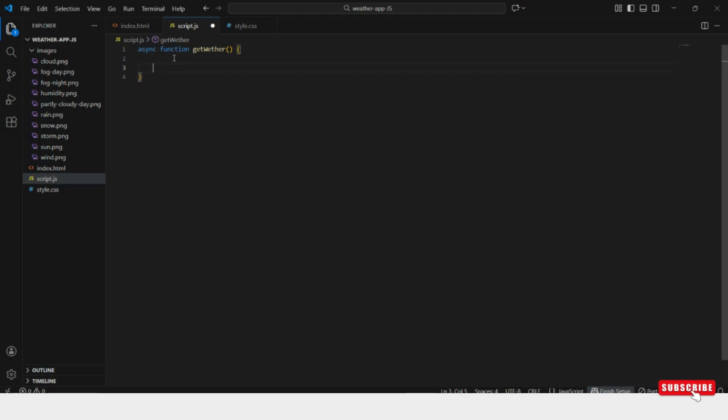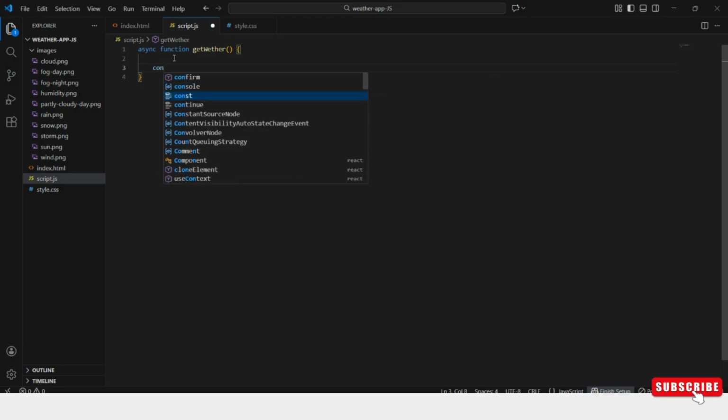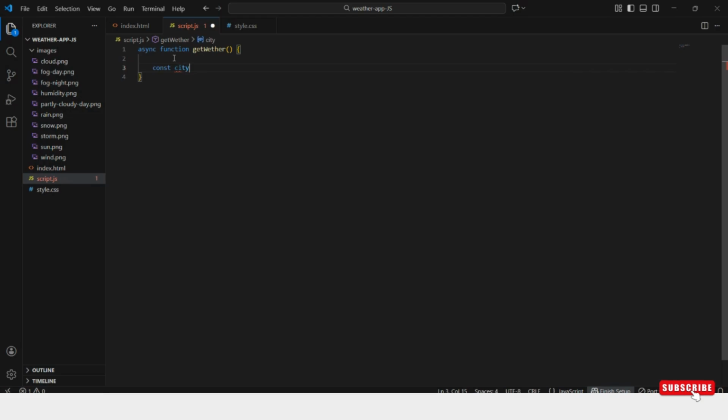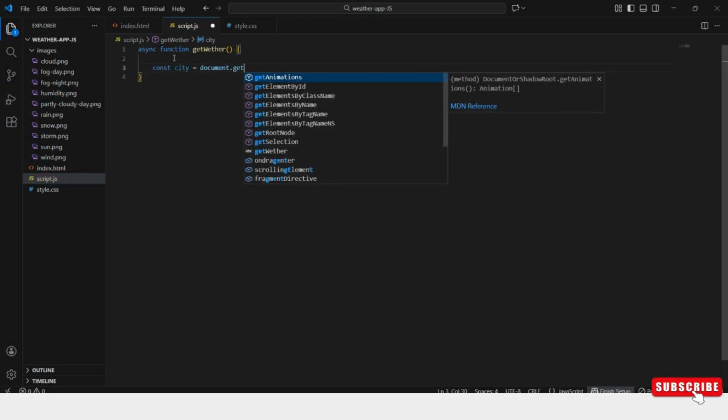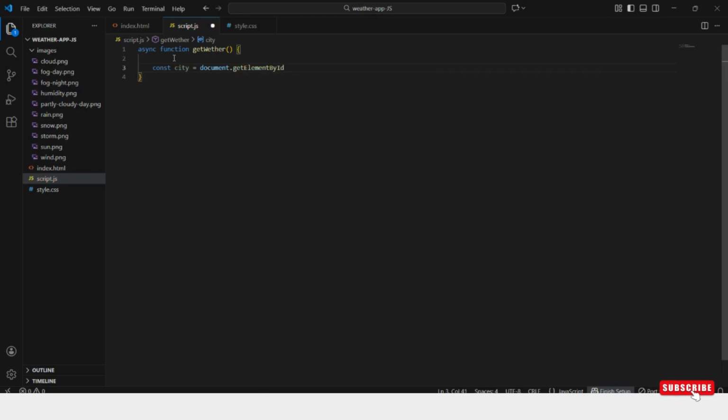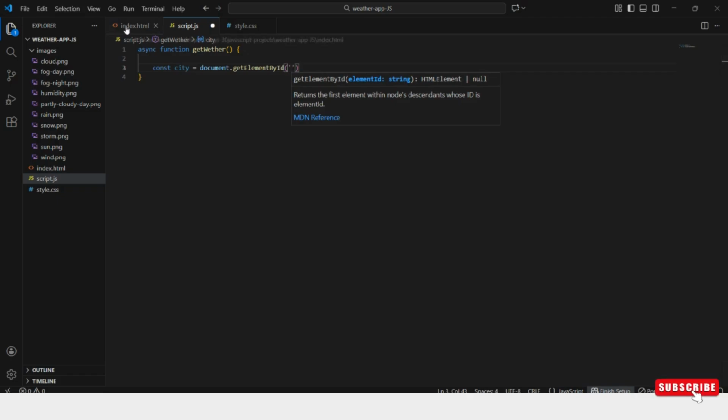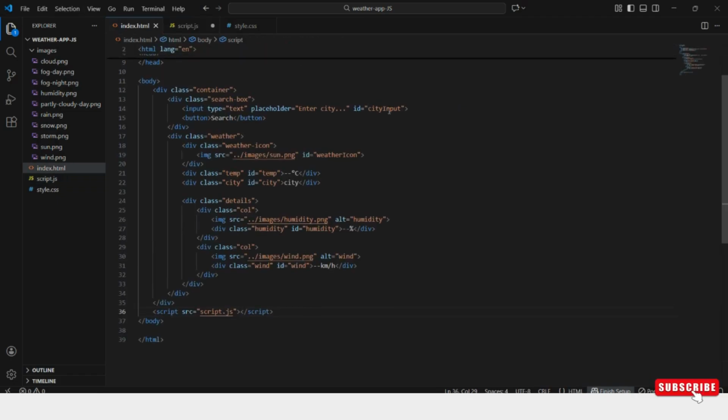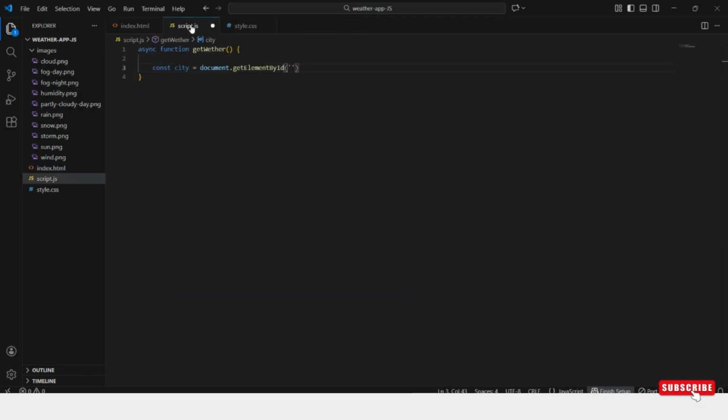So let's write const city equal document dot getElementById, and copy this id, city input, and paste it here. Dot value. Save this. Here we select the input box with the id city input and store the city name that the